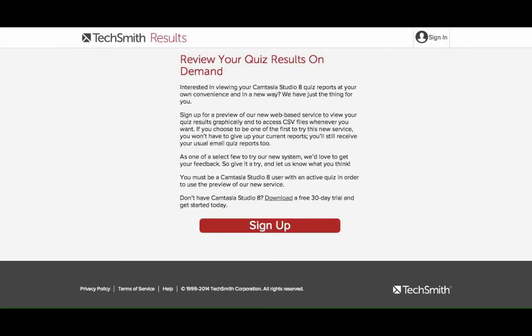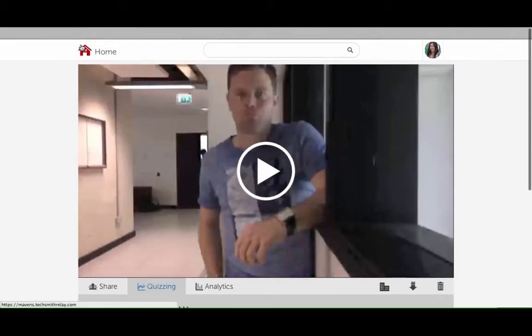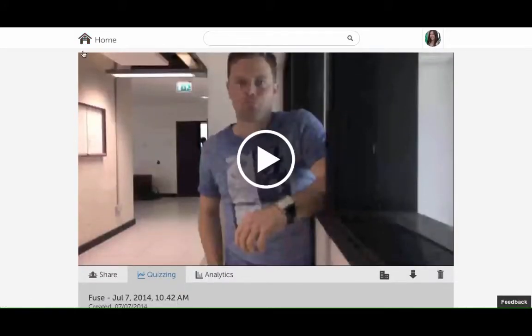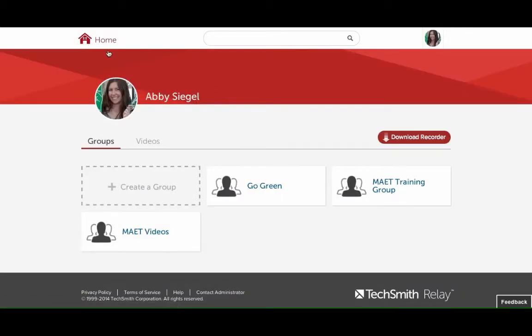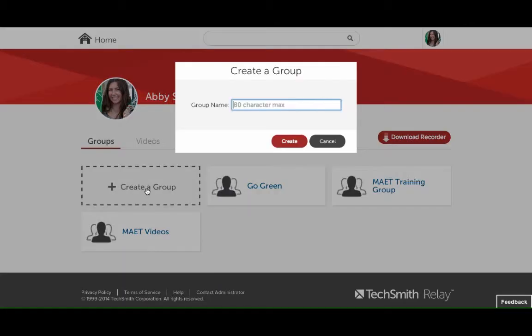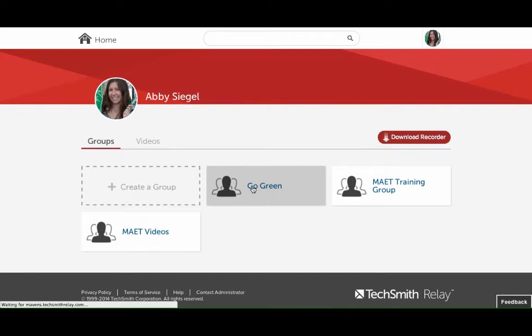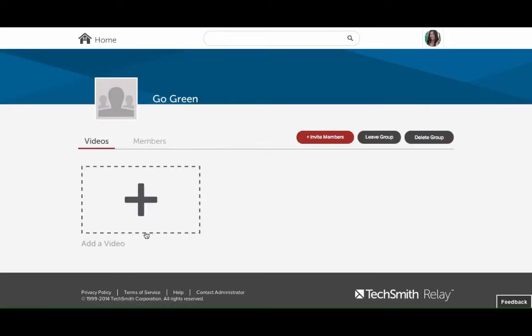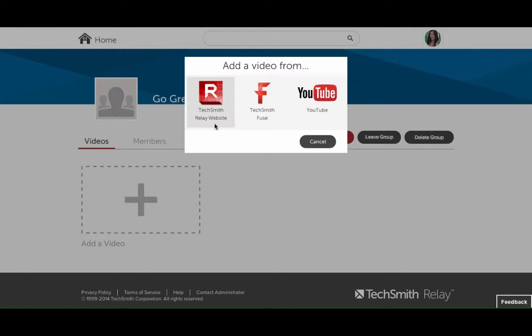And now I'm seeing up here it opened in a new window, which I hadn't realized. So if I go back to home, another thing you can do is create a group. So that was super easy. I just clicked create group, typed in the name, and I made this one earlier. It's Go Green. I haven't added any videos yet, but if I wanted to, I can